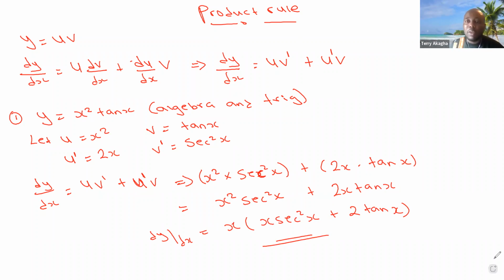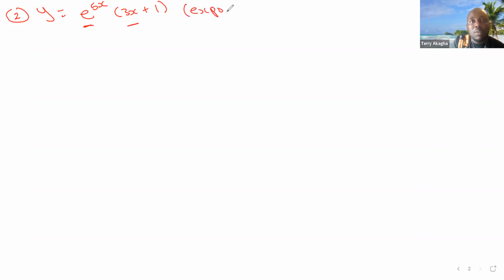Let me pick another question. Okay, so that is that for that. Another question now. Let's say we have number 2. We have y is equal to, let's say, e to the 5x times 3x plus 1. So you can see we have two functions here. We have an exponent and an algebra, so that means we have an exponential